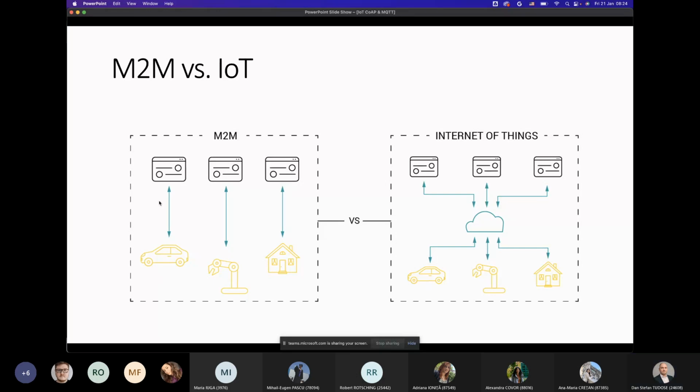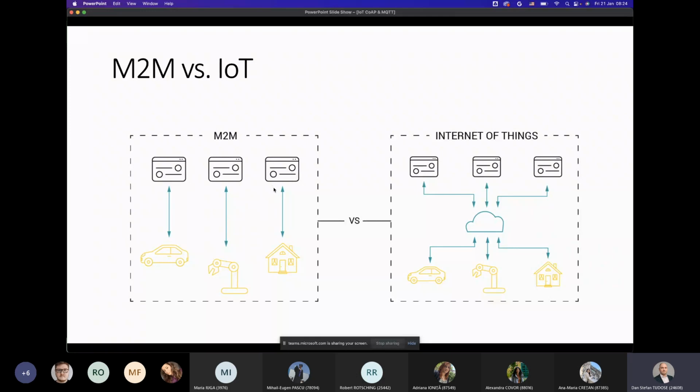So this was the original paradigm of how things were done in automation, in industrial and home applications over the past, maybe in the 90s and the early 2000s, where you had independent systems for automation that you would connect to a certain application over a network that might have been the internet or might have been something else.